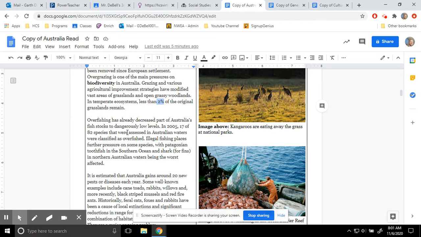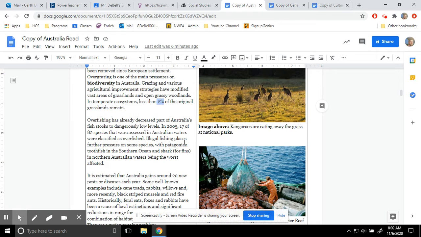So they're saying that whenever they go out to fish, and this is happening all over the world, it's not just Australia. We as humans have become so good at catching fish that we're literally fishing out the oceans. Our populations keep getting bigger and bigger, and we keep taking and taking, and we get better at taking, to the point where we're literally knocking out whole species of animals. So that's what they're saying here, is that as of 2005,